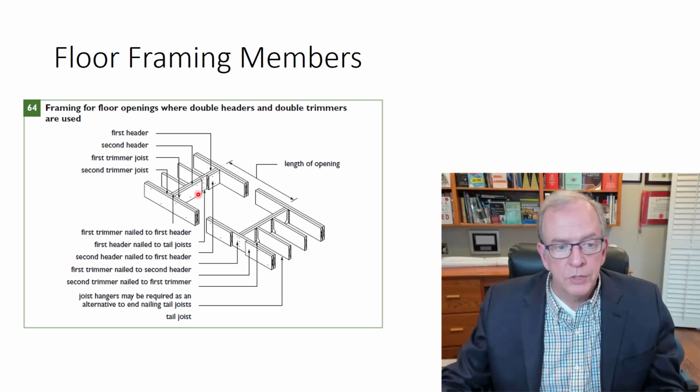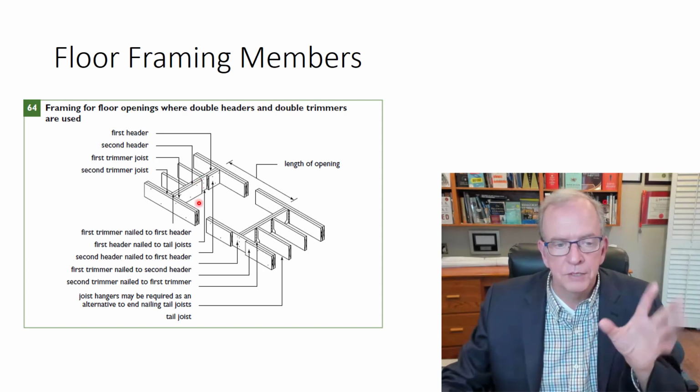Now, the trimmers are then supporting not only the headers, but the weight of those floor joists. So they have to be even stronger than the floor joists very often. So often you might find they're tripled and the headers are doubled. But these are called trimmers. So trimmers support headers and headers support joists. That's the difference. So if you're wondering, because people always get them mixed up, what's a header and